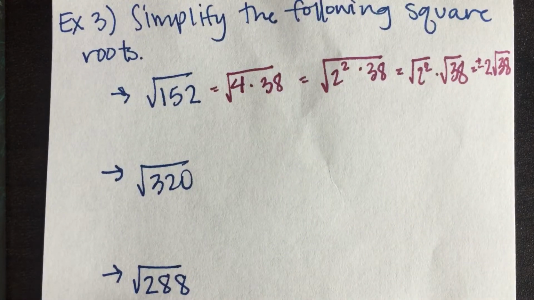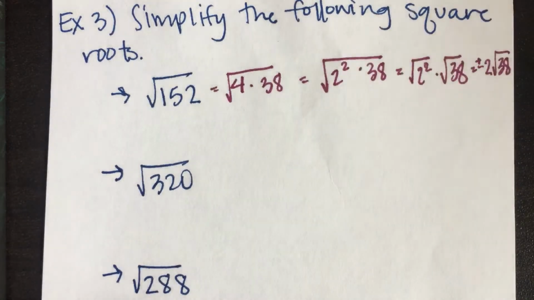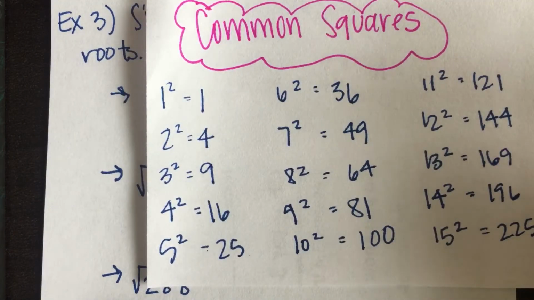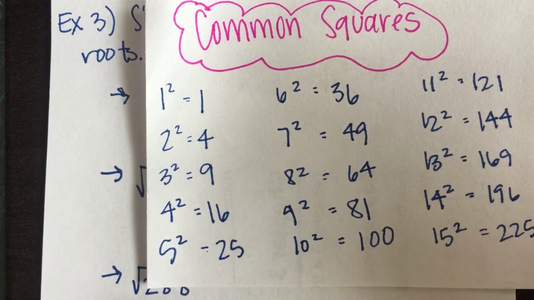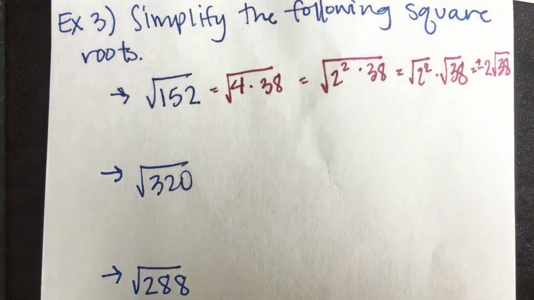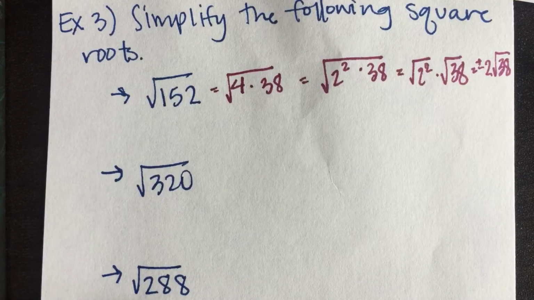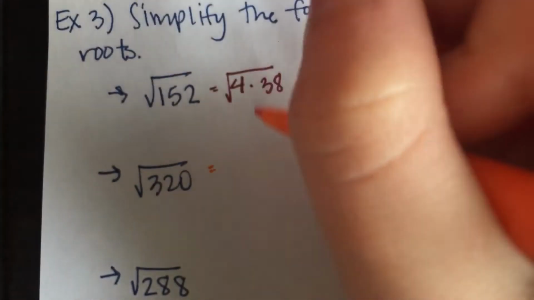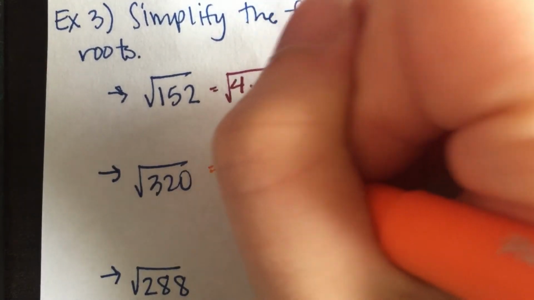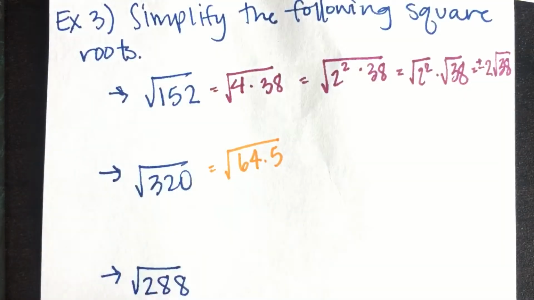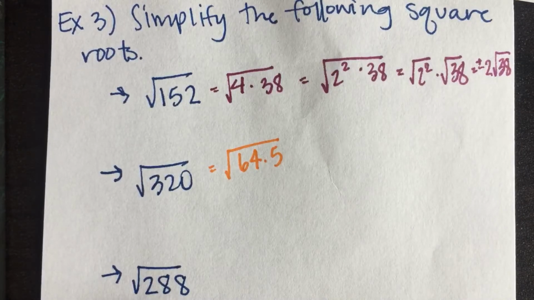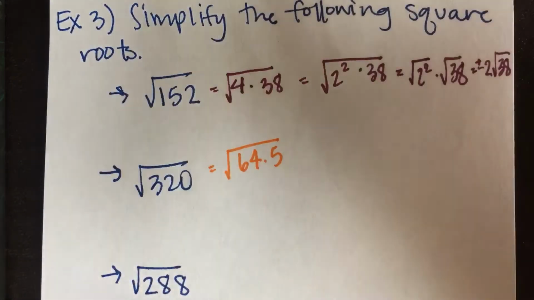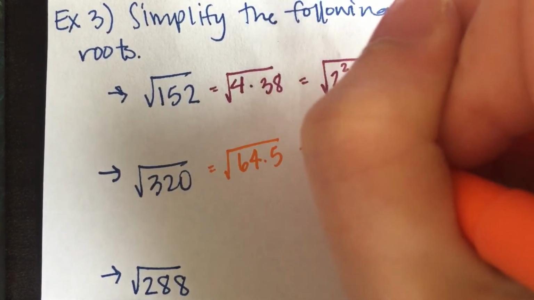Now if we look at 320, this time when we start in the middle range, starting with 81, 64, 49, and divide, 320 divided by 64 gives us a perfect number. So 320 divided by 64 is equal to 5. So we can actually split this up to be 64 times 5 equal to 320. And if we are looking at our list of common squares, 64 is the same as 8 squared. So we can sub it in